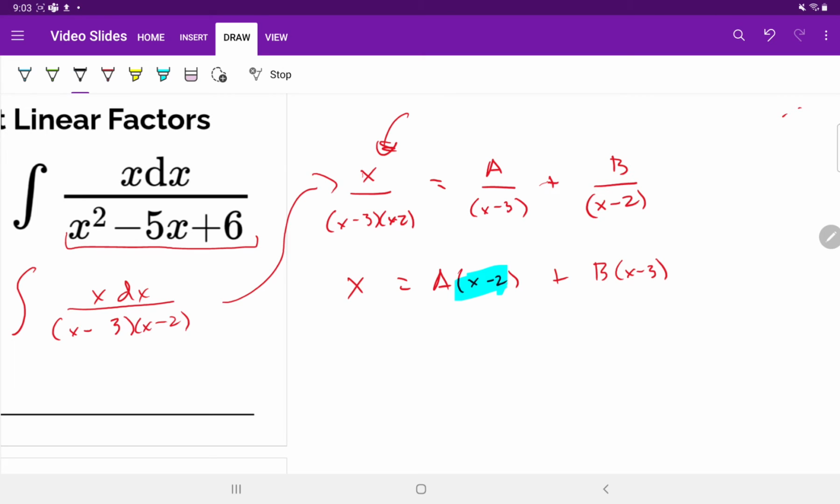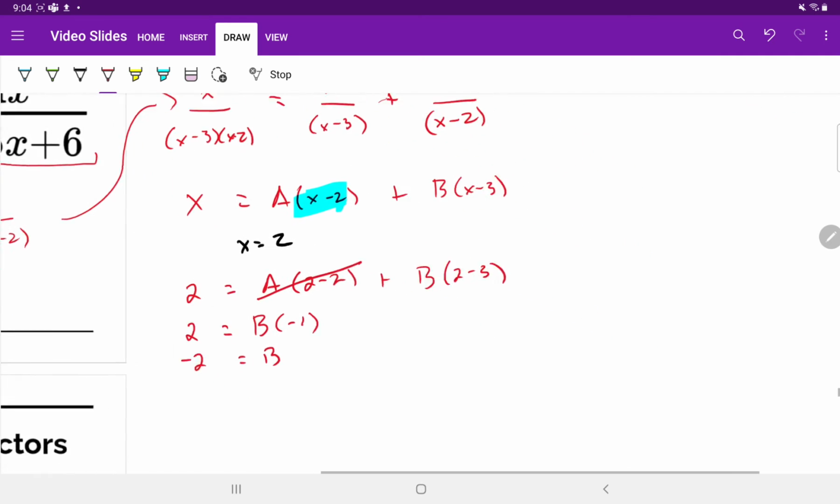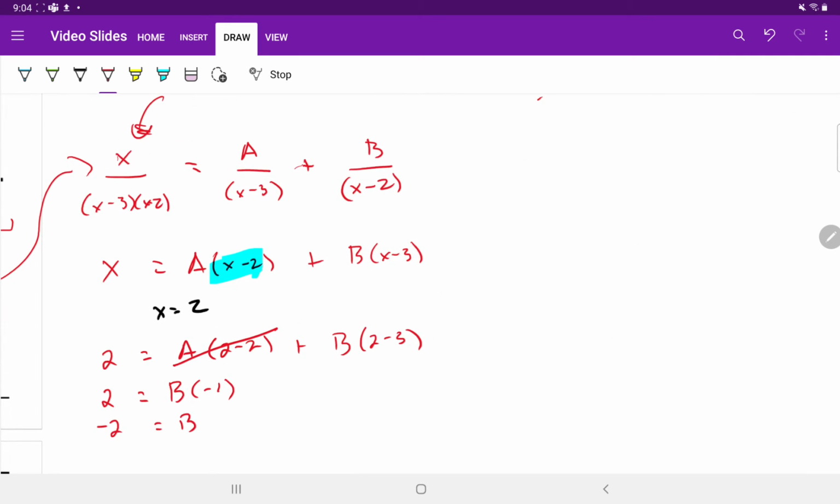So let's do this through. I say, hey, x is equal to 2. And if that's true, then I'm going to have 2 is equal to a times (2 minus 2) plus b times (2 minus 3). This a term is going to cancel out because a times 0 is 0. And then I'd be left with 2 is equal to b times negative 1, or negative 2 is equal to b. And then once I know what b is equal to, well, then I can just come over here and